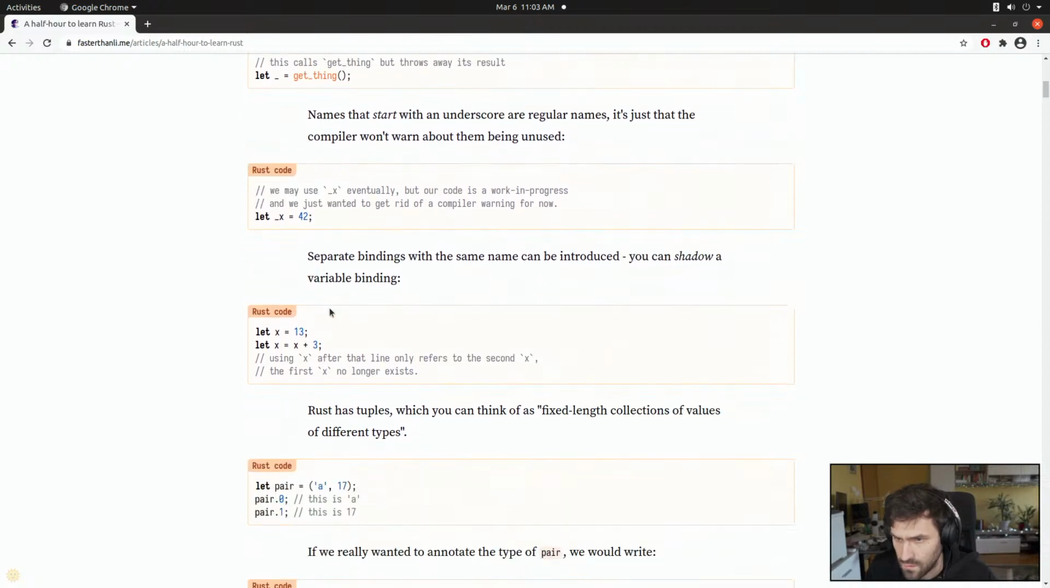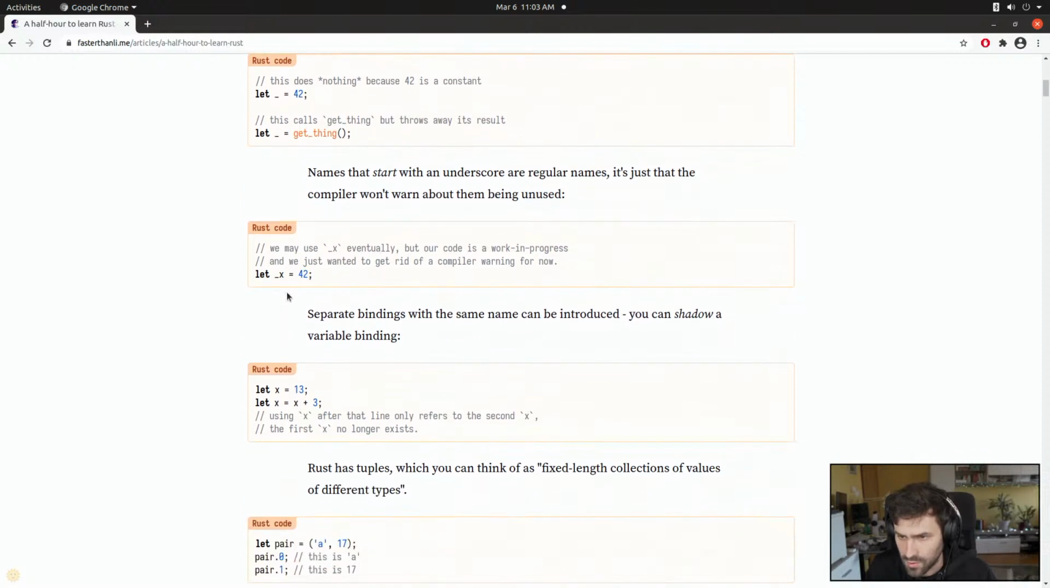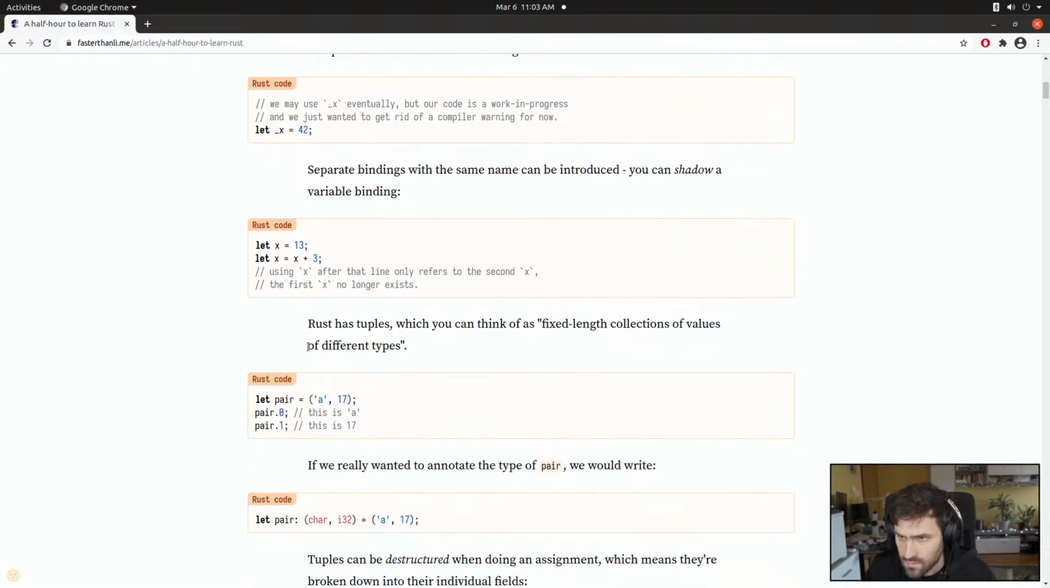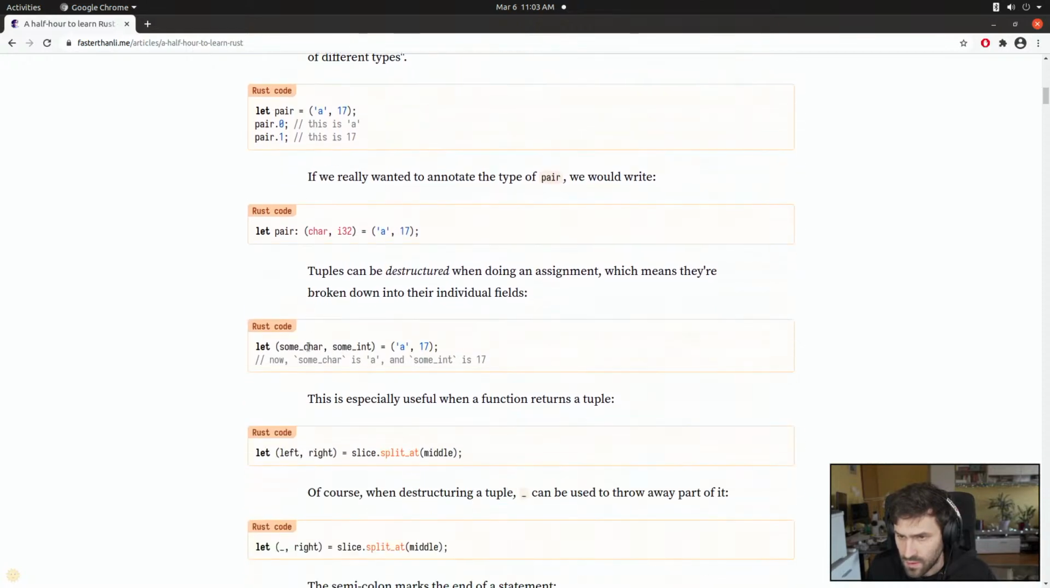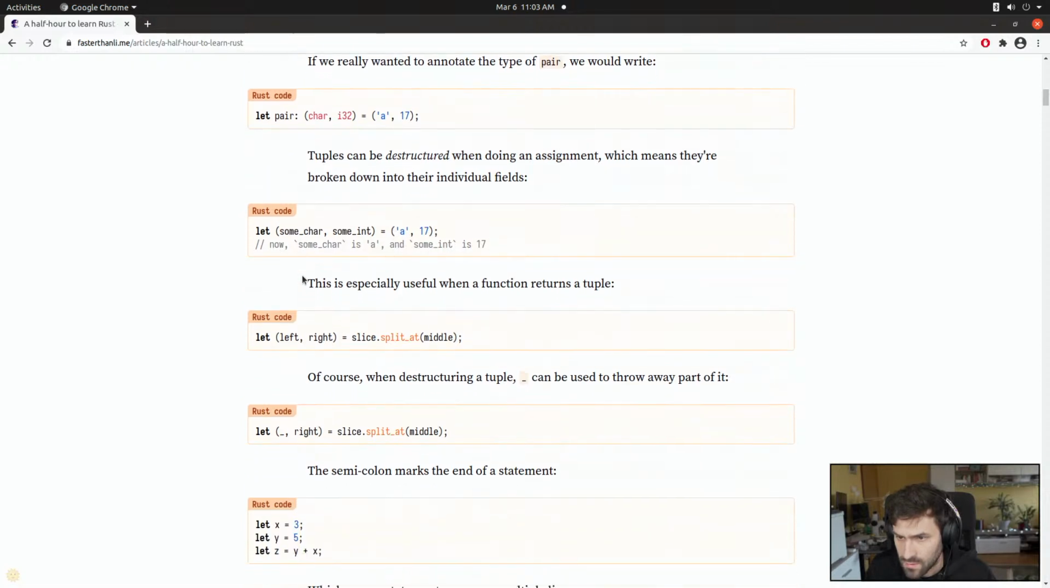Underscore: when you ignore a variable, or if a variable is unused, you put an underscore in front of the variable name, and then the compiler doesn't complain. That's fine. Working with pairs, that's also fine. Pair types for the pair data, and then here we have